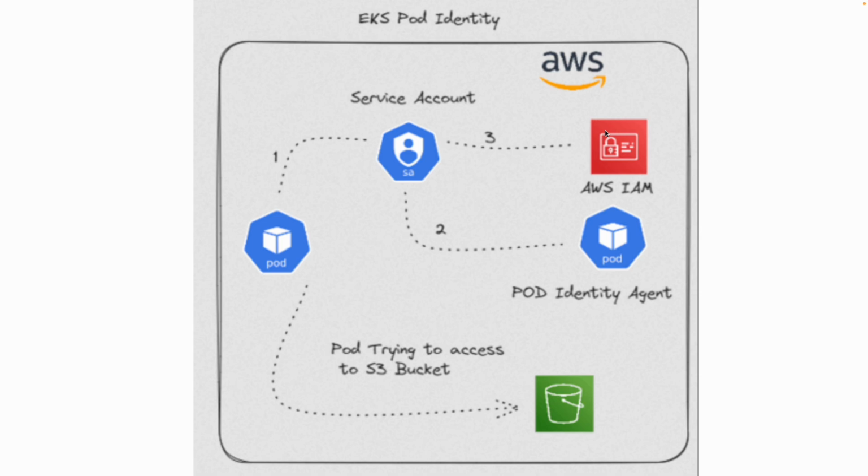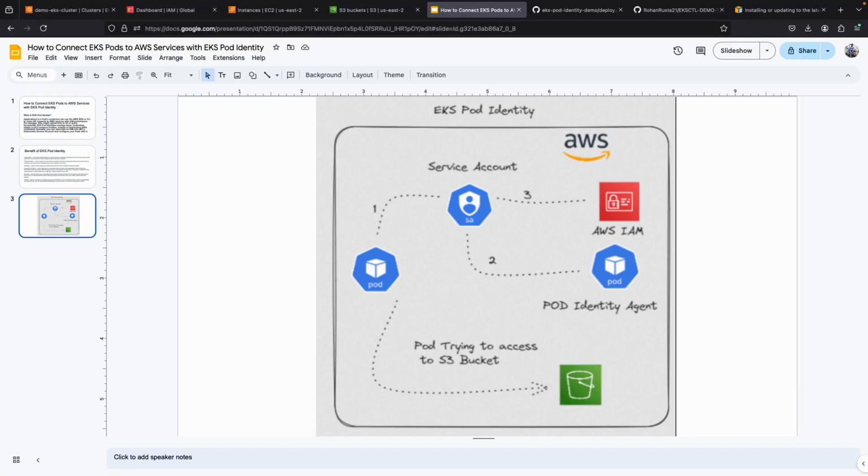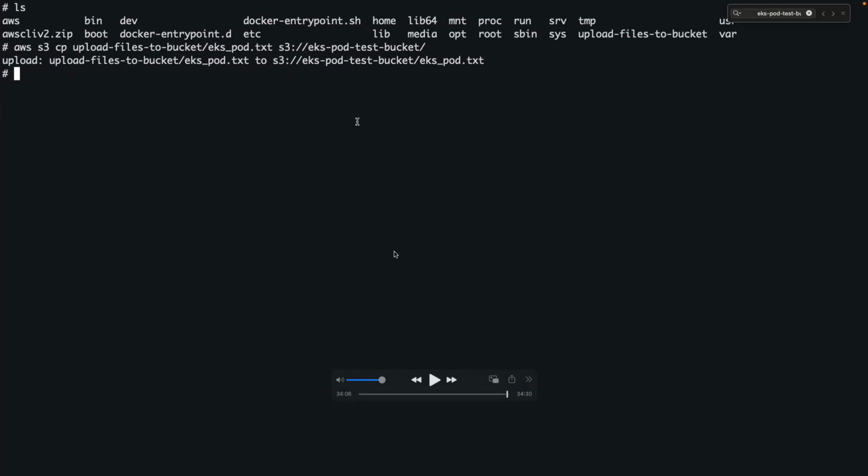After that, if the permission is done and the Pod Identity Agent is also installed inside your cluster, then your pod can try to access the S3 bucket. This is the flow which we will also be following throughout the video for creating this POC. So this is all for the presentation slide, and let's jump directly